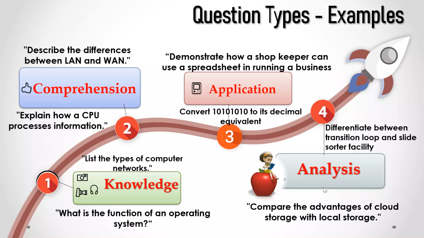When it comes to application, here expect questions like convert that to its decimal equivalent, or demonstrate how a shopkeeper can use a spreadsheet in running a business. That is application. Under analysis, expect questions like compare the advantages of cloud storage with local storage, or differentiate between transition loop and slide sorter facility. So these are questions under analysis. So if you get to understand the question types, that means that you should be good to answer your ICT